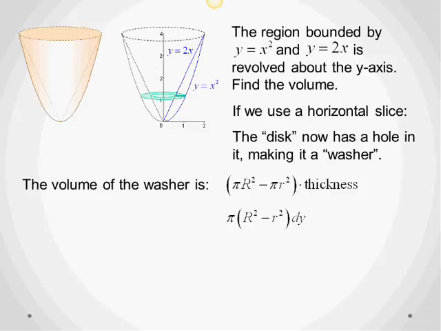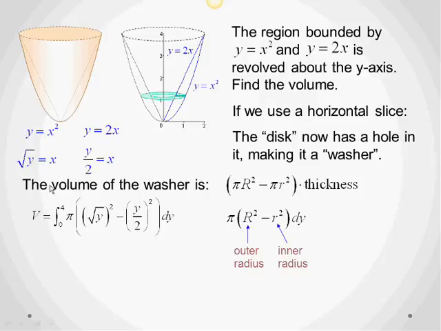So we have the radius all the way out from the radius of the outer circle would be big R, and the radius of the smaller circle that we're going to subtract away is going to be little r. And then our thickness is going to be our change in y. Alright, so we have to put everything with respect to y, so we're going to solve these now for x,